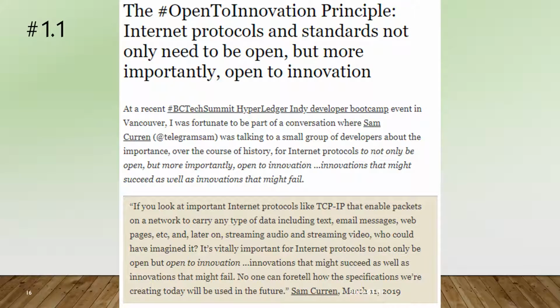So here's the Open to Innovation Principle blog article. It's a short one, two paragraphs. You can find this on hyperonomy.com, and it came to be just a few weeks ago when I was at the Hyperledger Indy Developer Bootcamp in Vancouver, and I was fortunate to overhear and participate in a conversation where Sam